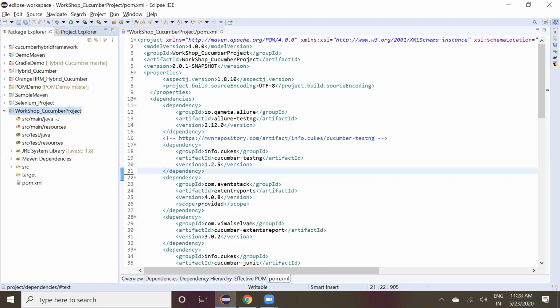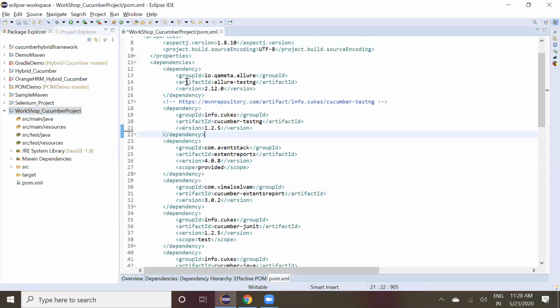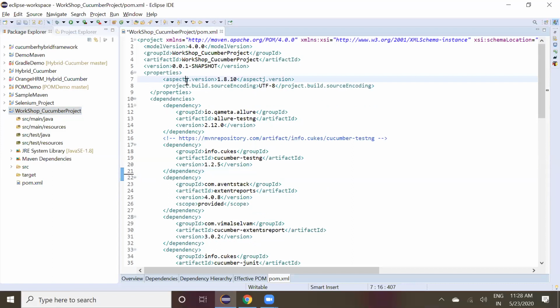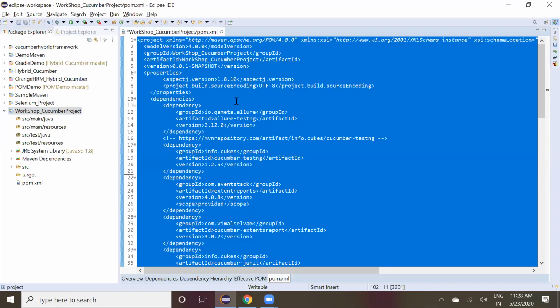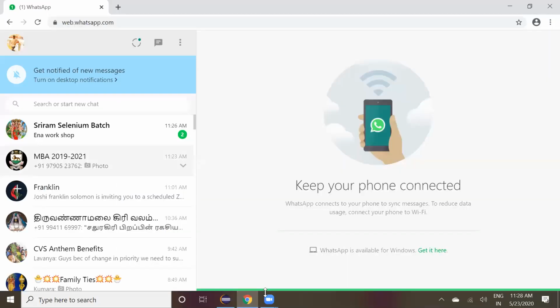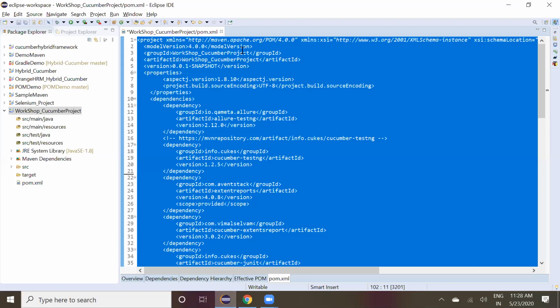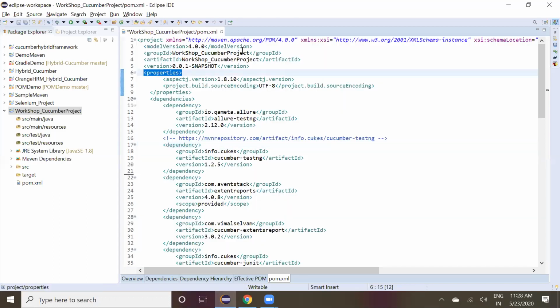Can you share this pom.xml now? You copy from the properties and paste it. We can send that pom.xml in chat, it will take only up to some lines. If you want, you should ping me on WhatsApp, then only I can send. Satish, copy from the properties from the 6th line. No need to copy from the first line. If someone needs pom.xml, they should ping me.